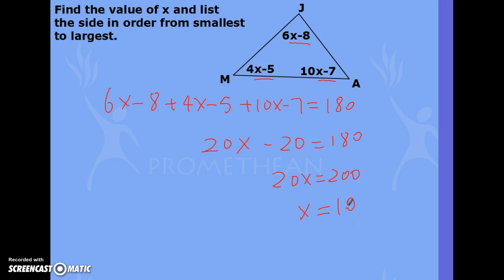So after I get x equals 10, I'm going to plug into the three angles. Angle J will be 6 times 10 minus 8, which will be 52 degrees. Angle A will be 10 times 10 minus 7, which is 100 minus 7, 93 degrees. And angle M is 40 minus 5, which is 35 degrees. And now we know the three angle measures, we can arrange the sides, which is JM greater than MA greater